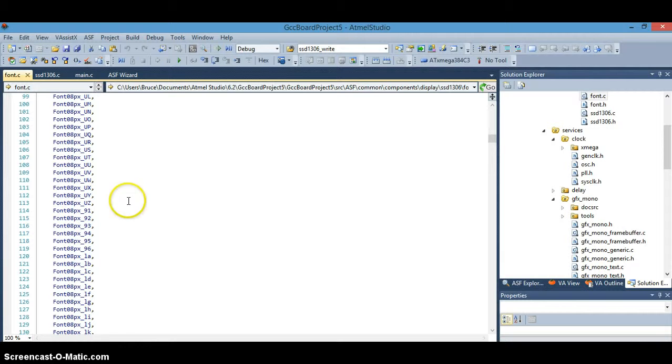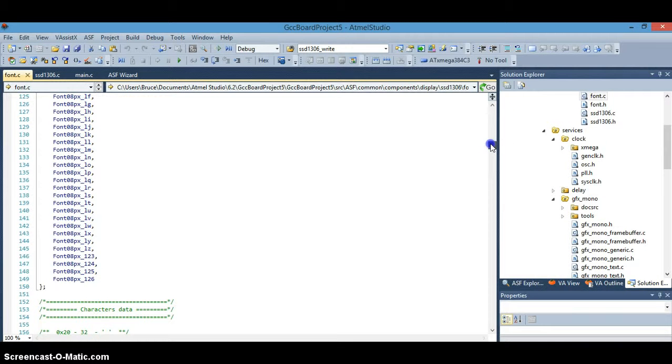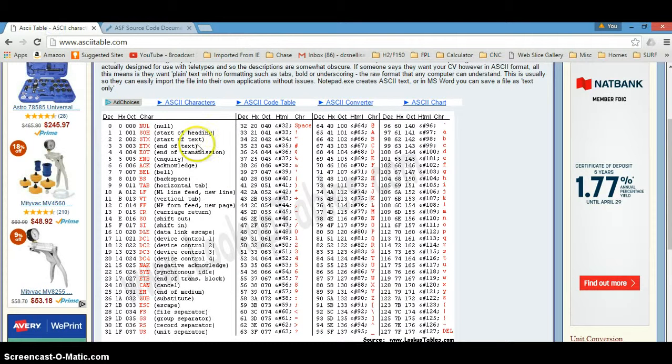And then down here you've got your L's for lowercase a, lowercase b, lowercase c, etc. Now notice that the array starts at 32 and goes down and ends at 126. So we look at our ASCII table. You'll notice that at 32, that's where we've got space starting, and then our characters that we need to display,